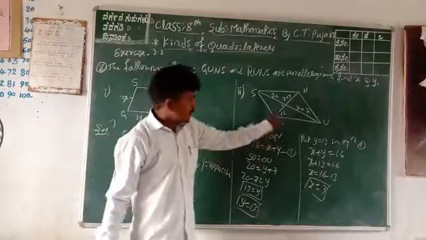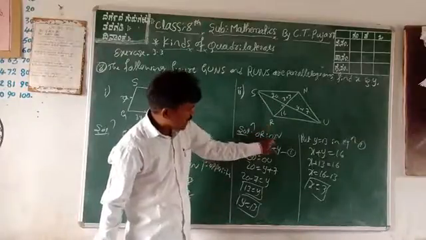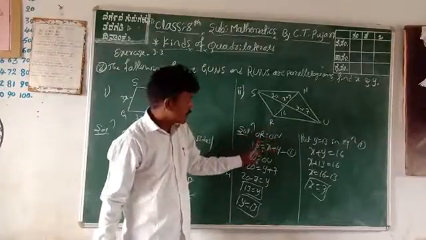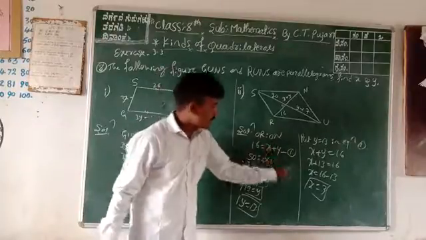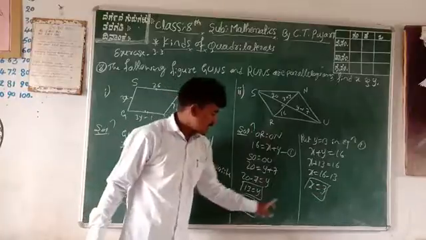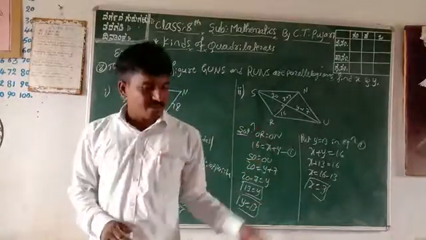This is OR. Where is OR? OR is equal to ON. Verification. OR equal to 16, right? ON is equal to x plus y. Put your x value, what is it? 3. Y value is 13. 13 plus 3 is 16, it is the same. Hence the proof. Next one, example in your exercise.